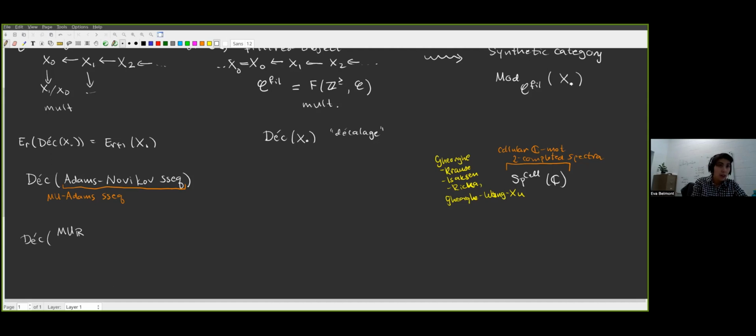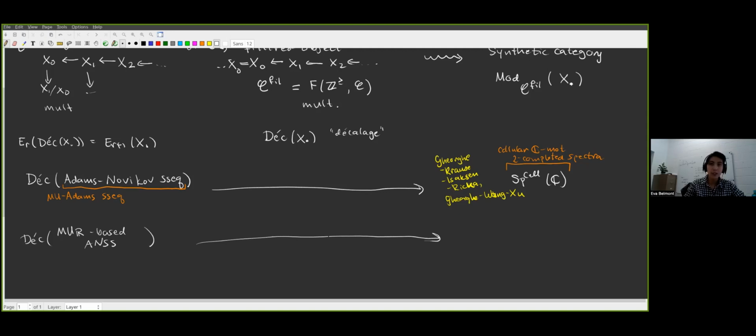So you have the MUR-based Adams-Novikov spectral sequence. What you get, it turns out, is roughly R-motivic spectra, and then instead of cellular, I have to put this other adjective, so